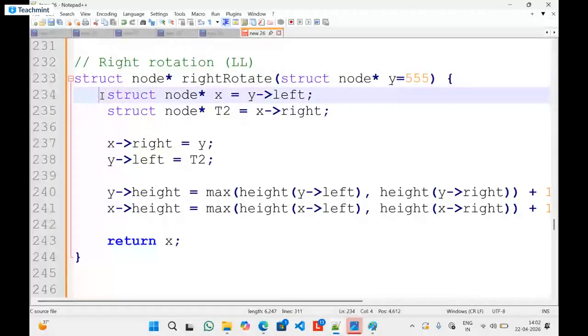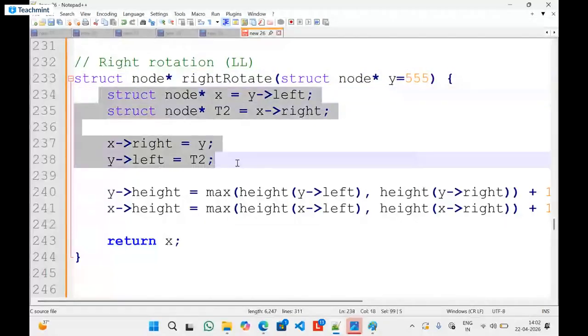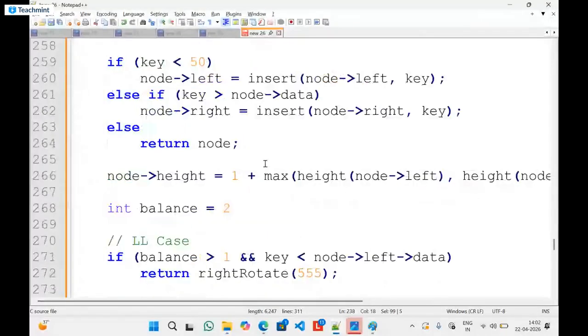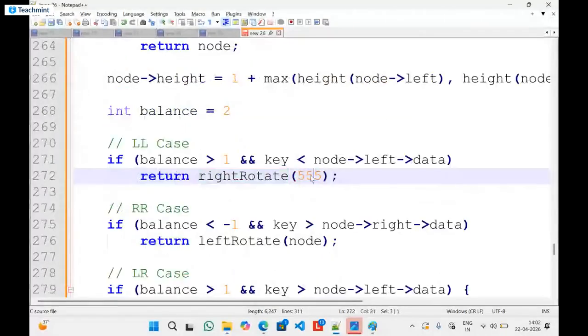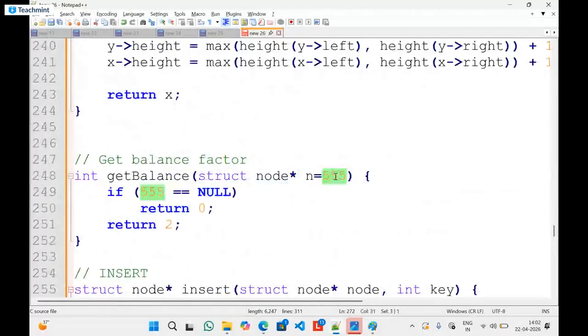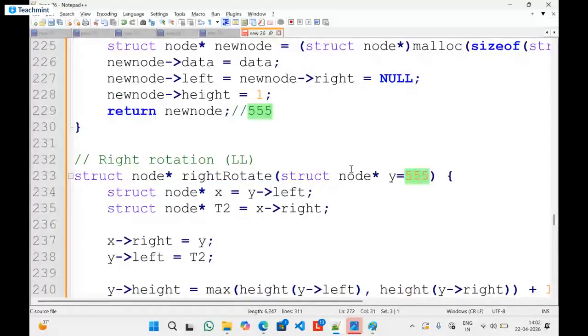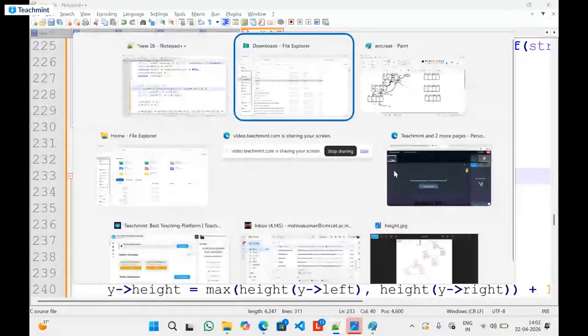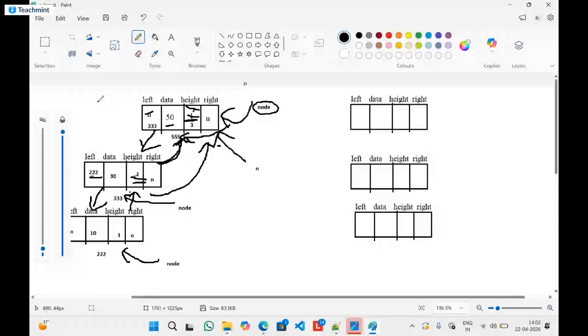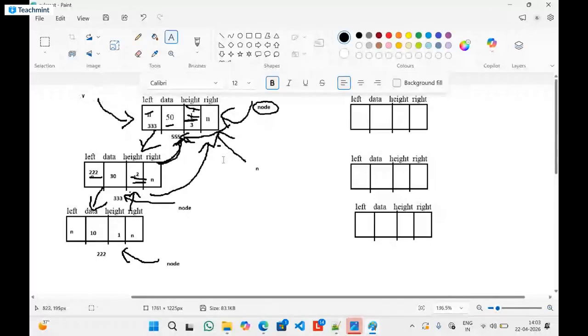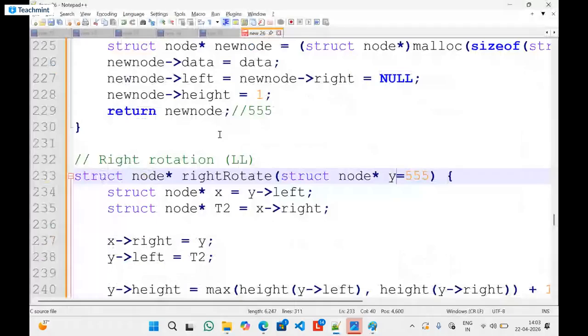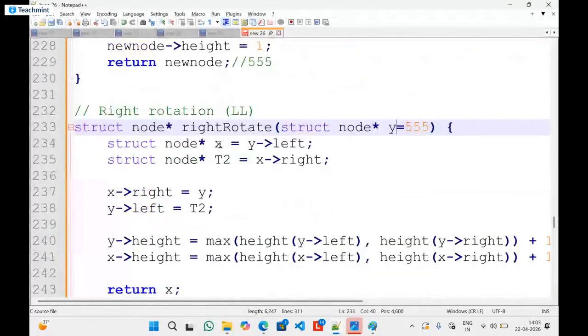Now these 4 steps are going to do the right rotation. Right rotate of triple five. So this triple five address, I am storing it in where, students? In y. So y equals triple five. Listen carefully everyone, try to understand. Who has access to this node now? We stored it in y, right? Now what should we write here? x equals